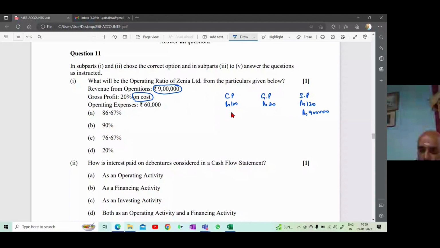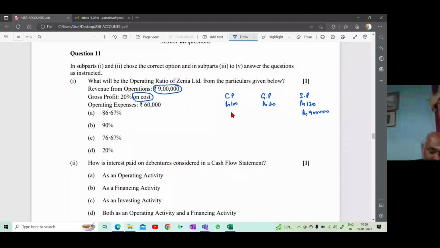So cost of goods sold. How do we find it out? It's a cross multiplication, the unitary method, you would have learned it. 100 into 9 divided by 120. So how much is your cost of goods sold? 100 into 9 lakhs divided by 120. You get 7 lakh 50,000